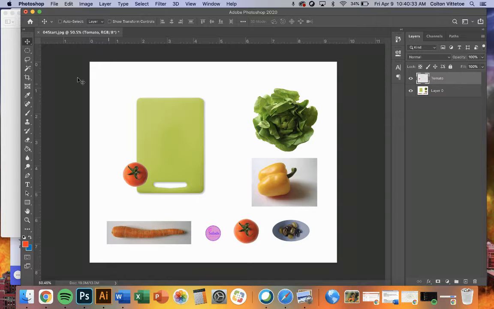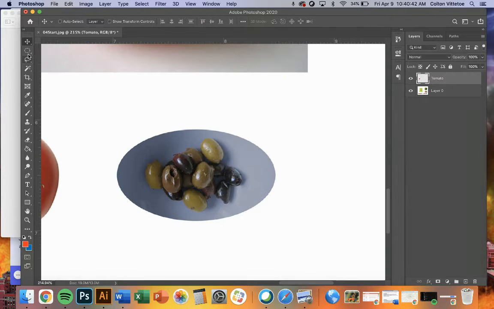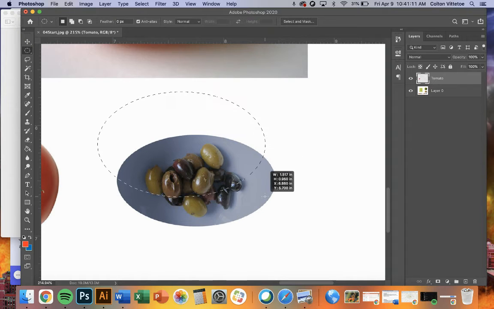Next thing is using the marquee tools. So for this oval of olives, if I use the elliptical marquee tool, I can draw a shape. Now, if I don't let go of the mouse just yet and continue to hold and move it around, it's going to adjust it from the bottom and the right side. The top and the left stay pretty much stationary. But while I'm still holding down, if I also hold the space bar, then I can move it without it resizing. So between the two,